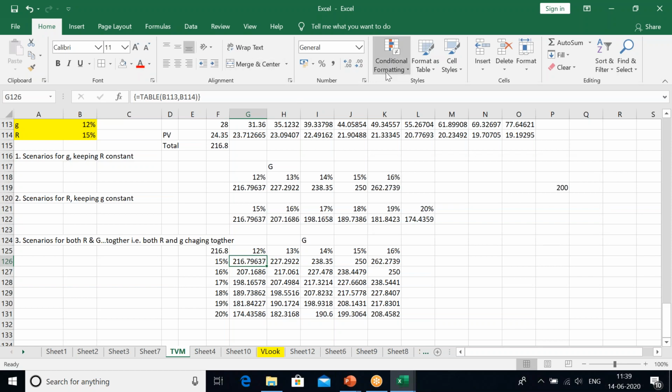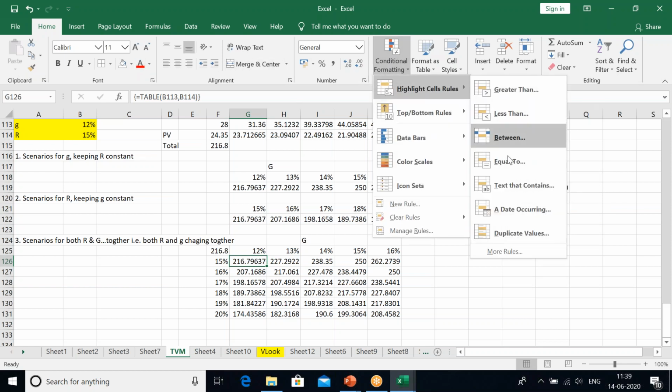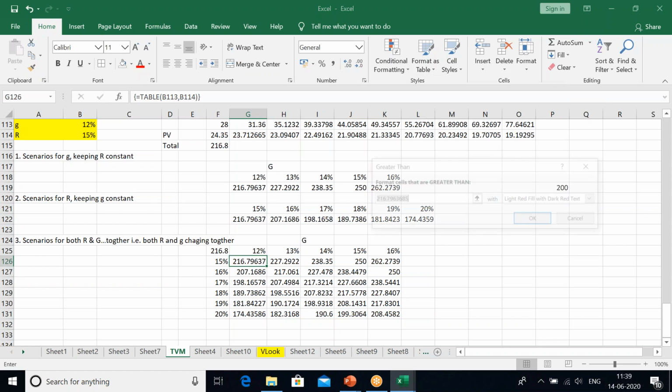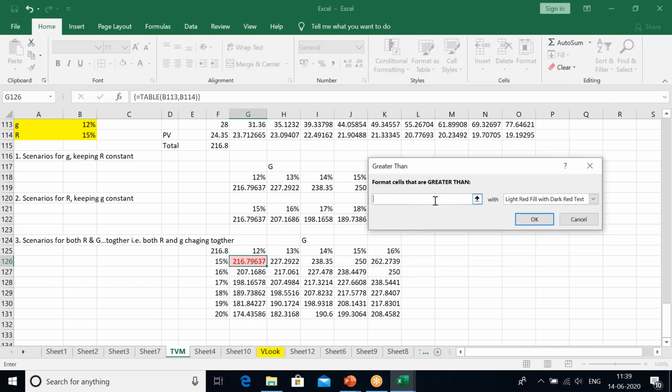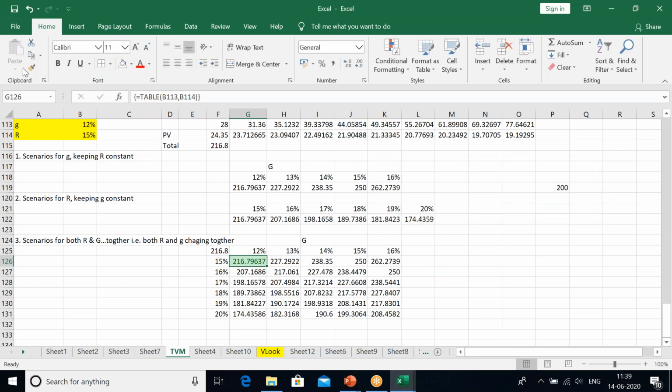Give me this conditional formatting highlights and create then 200 and we कर लीजिए टाइप कुछ पूछना तो कुछ